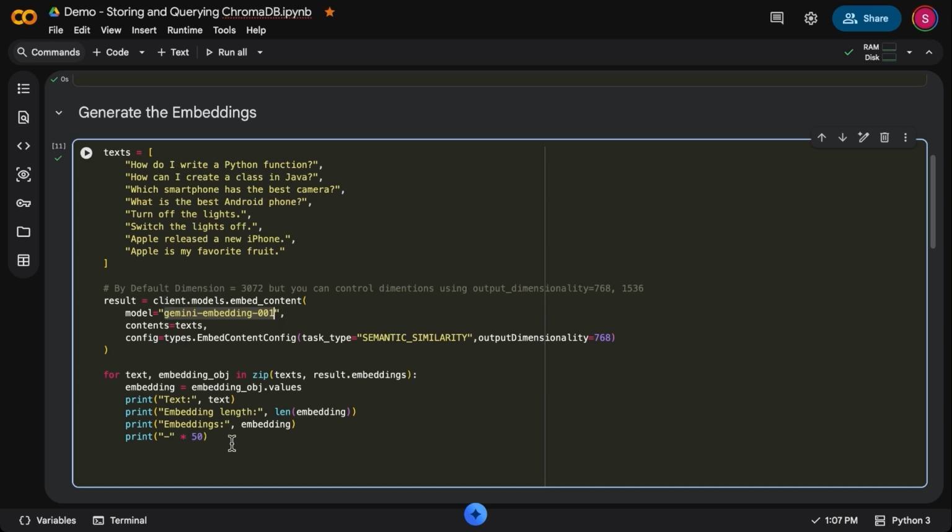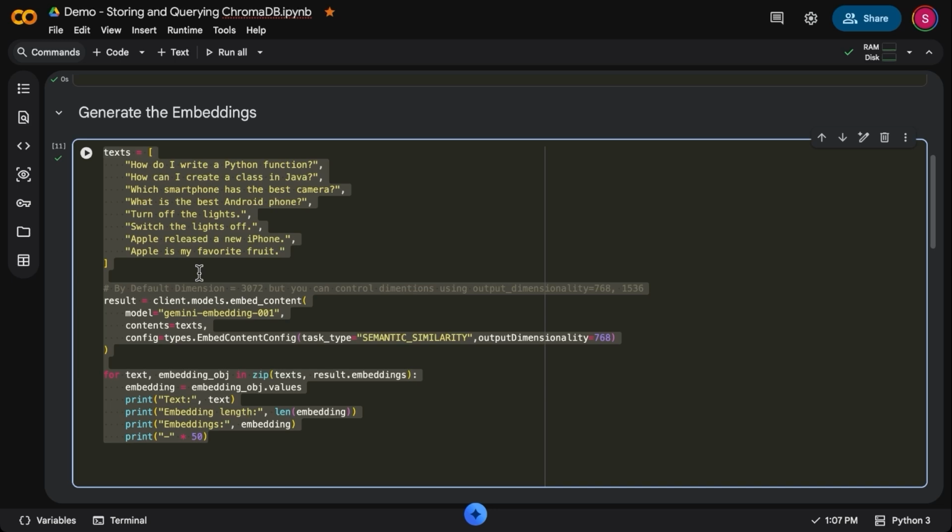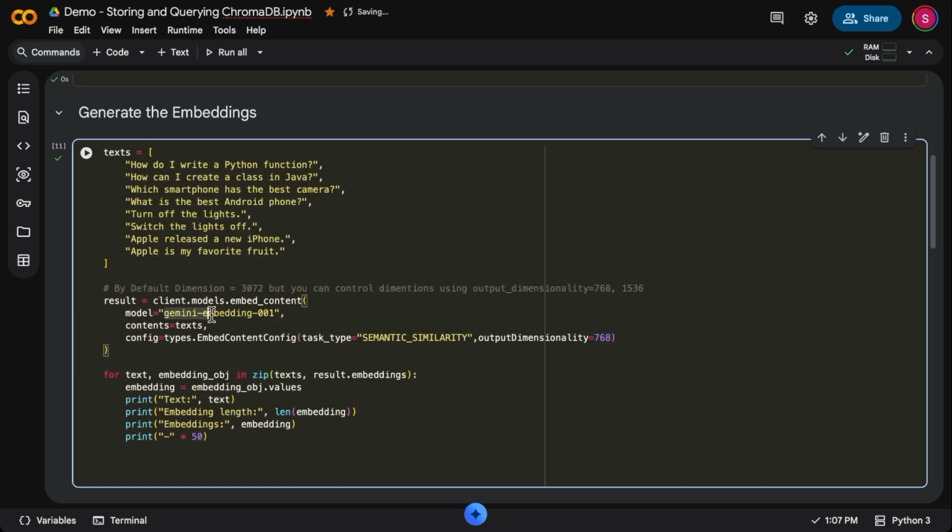And this is exactly the same example that we saw in the previous lecture, where we generated the vector embeddings using the Gemini embedding model. So here I have a list of text that I am passing inside this content, because I want to generate the vector embeddings for all this text. And for that, you need to just invoke